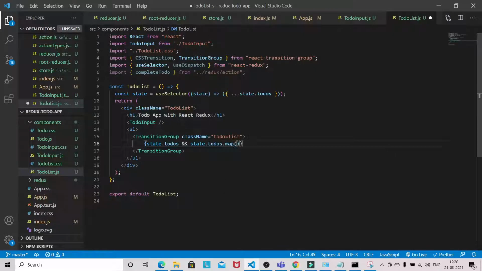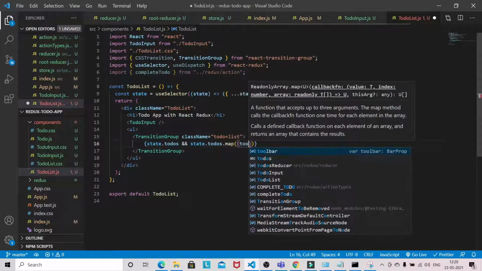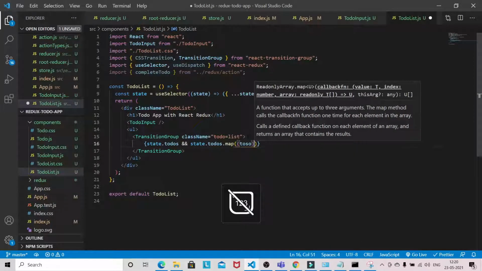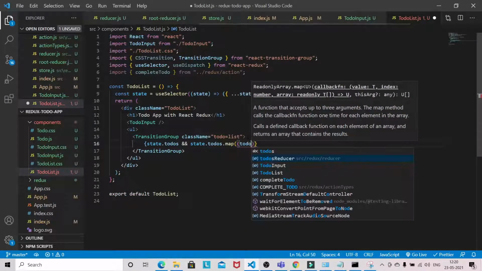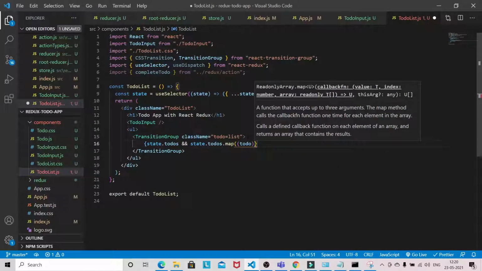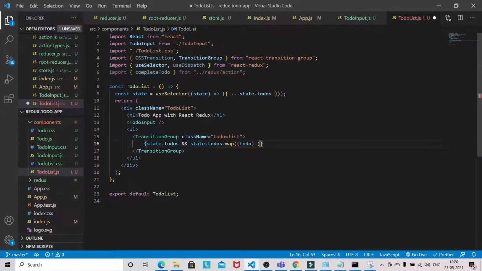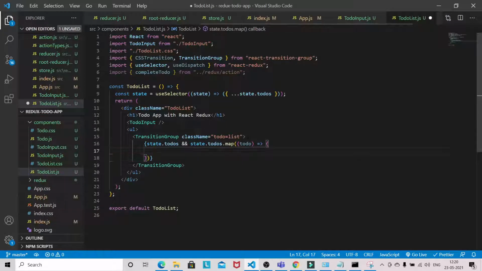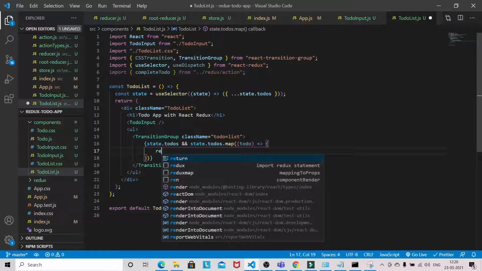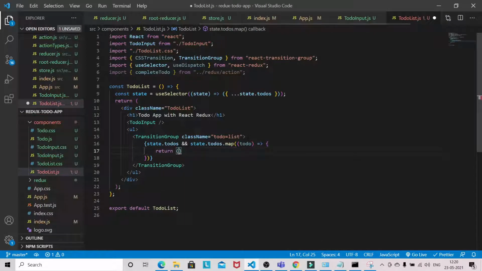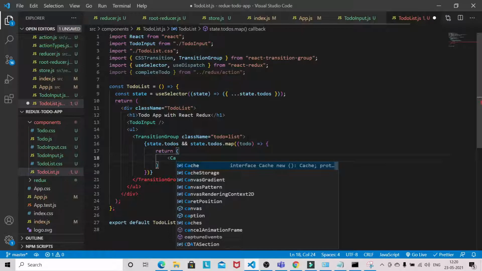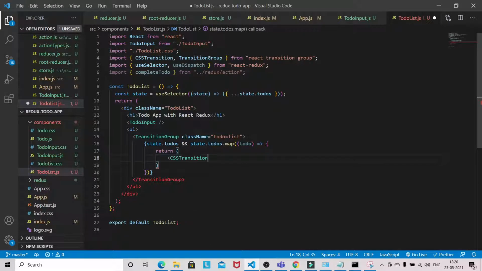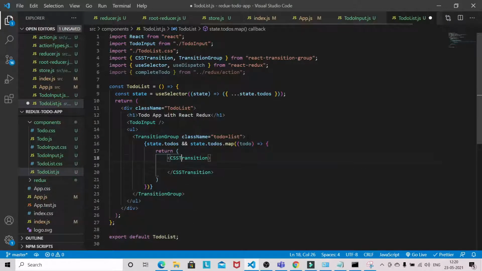Then we will be mapping each todo, and returning CSS transition, and we can pass the key.